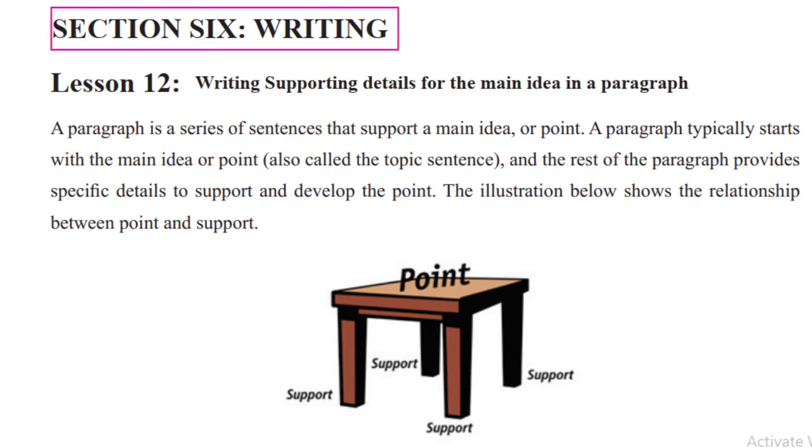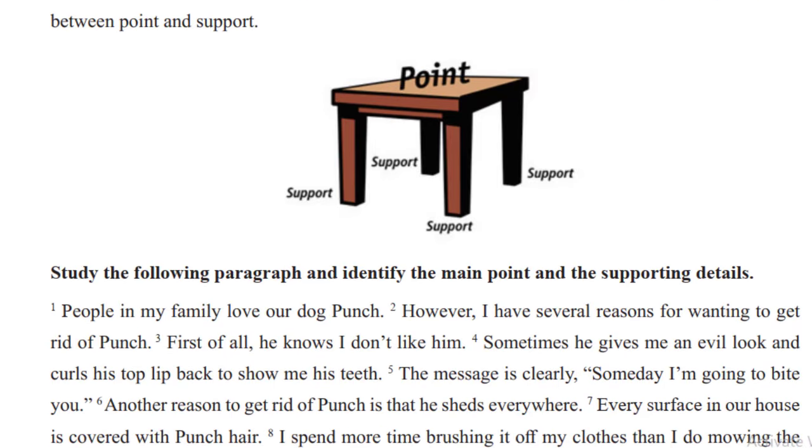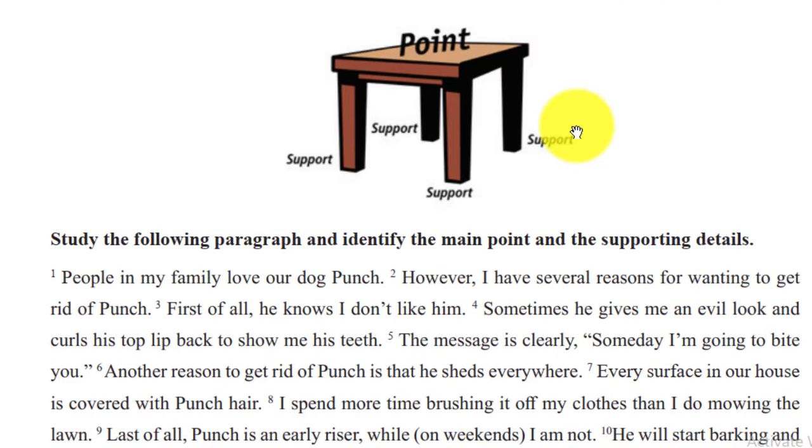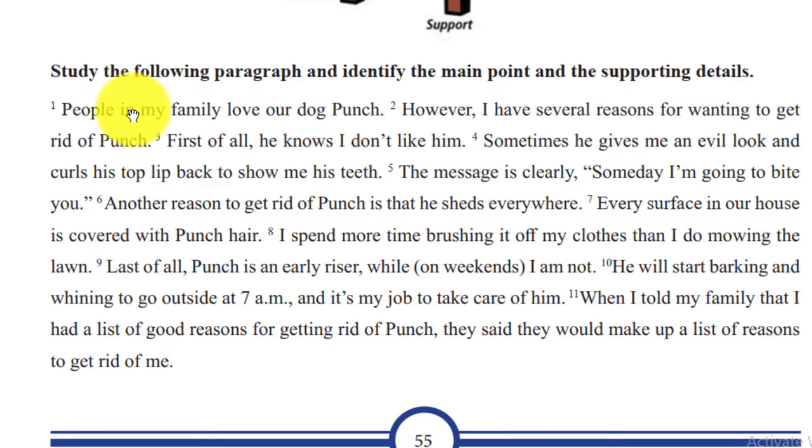the illustration below shows the relationship between point and support እንግዲህ ዋና ሐሳብና ዝርዝር ጉዳዮችን ለማሳየት this table can be taken as a good picture ጥሩ ማሳያ ሆኖ ተቀምጦላቸዋል። የቴብሉ የላይኛው ክፍል point የቶፒክ ሴንተንስ አድርገን ወስደናል። the four legs አራቱ እግሮች ደግሞ they show what supporting detailን ያሳያሉ ማለት like this እንግዲህ የላይኛውን ዋና ማስደገፊያውን ለማጠናከር የገቡ ናቸው ማለት ነው። ስለዚህ በዚህ አግባብ ፓራግራፉን ትረዱታላችሁ ተብሎ ይታሰባል።